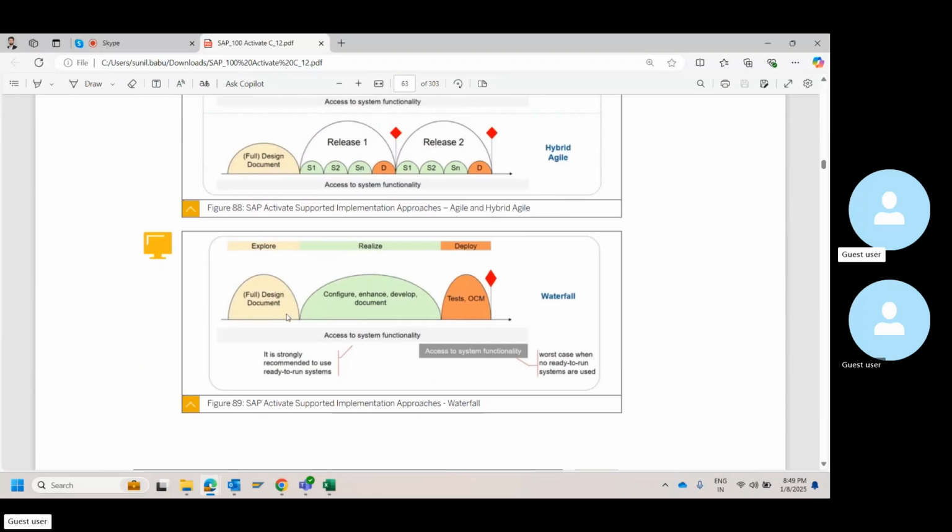Without you finalizing on what configuration has to be done, how many company codes, how many employees, what are all the different positions you need to configure, what are all the different compensation types that you can configure, if it is not concluded, there is no point in you doing a configuration and doing the developments. So once you close each phase and move on, only then will you be able to do certain things. So all the activities in the SAP projects are waterfall.